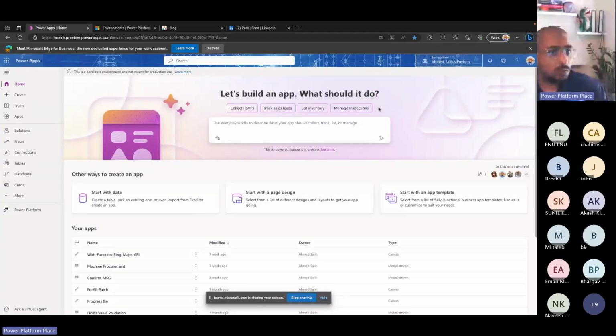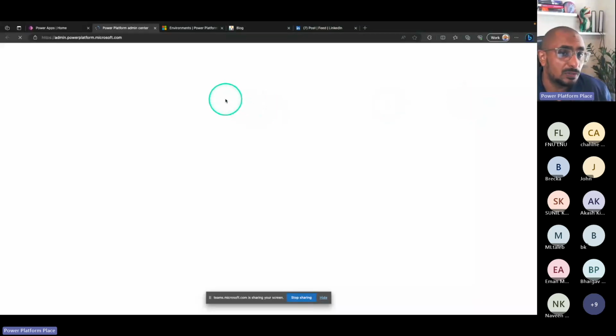So the first thing, once you go to make.powerapps.com, your landing page and starting point, you will see this gear right here, next to your profile image. You click on this one, and then you will see the admin center. We'll click on the admin center, and this will open